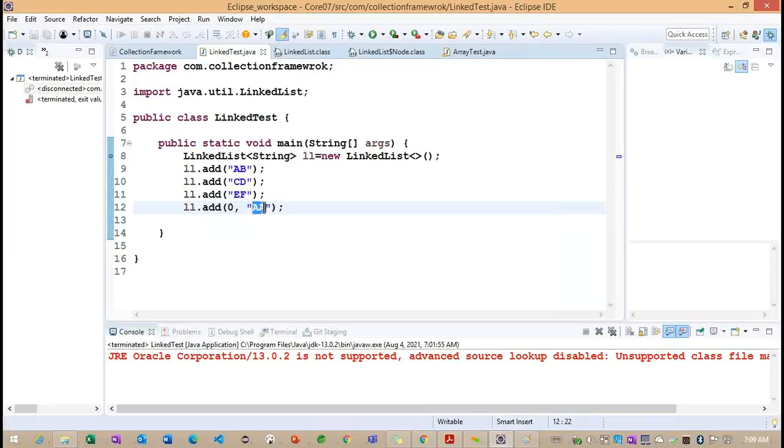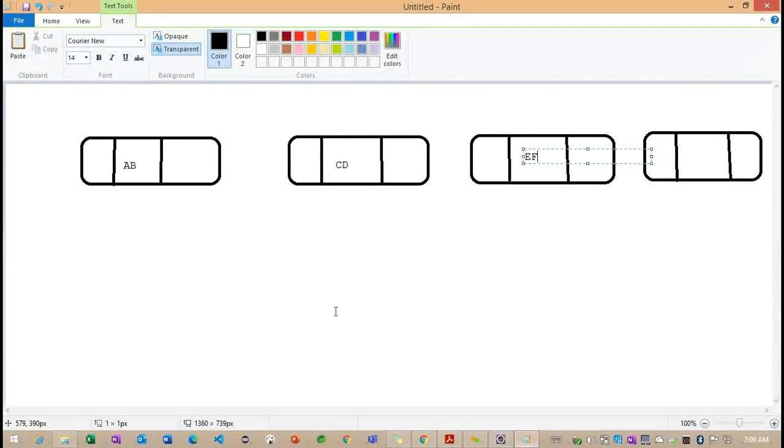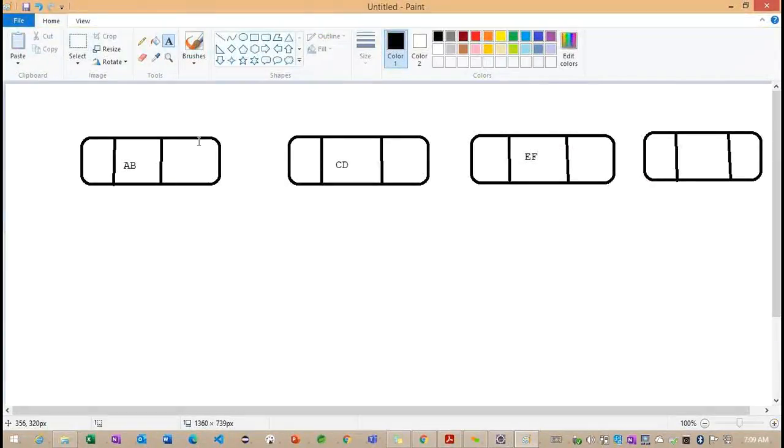And now what we are doing here, we are trying to call add with 0. With 0, again we are trying to insert one more node here. Getting the point? Whenever we are calling the add method, internally one more node is going to be created. If you observe carefully, initially this is the 0 location, first location, and second location, right? And one more node I'm creating, also with a zero index location.